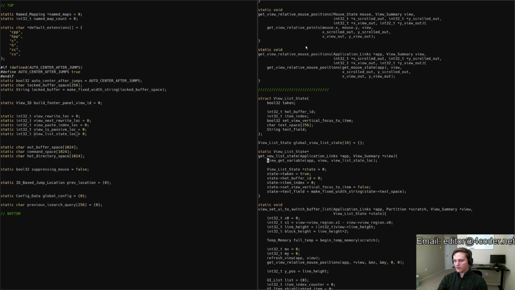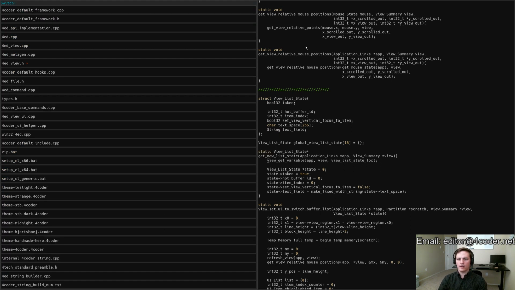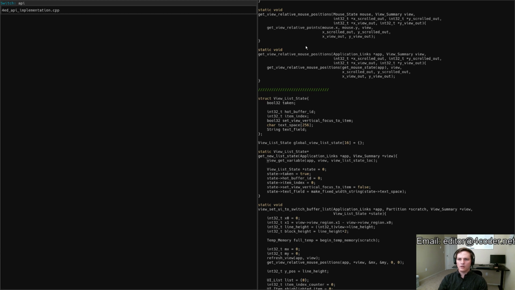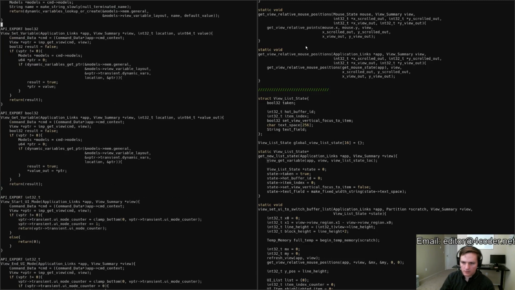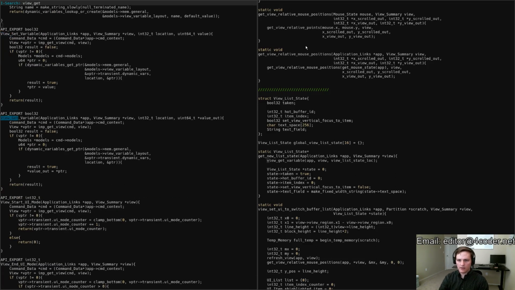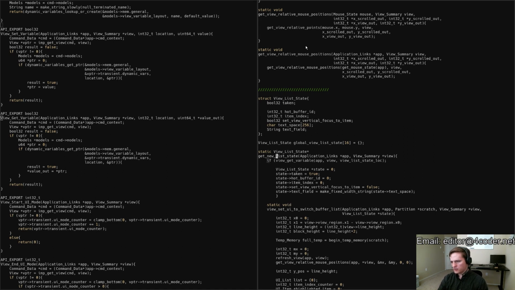Yeah, get variable. Let me take a quick look at it. That's not in the docs yet, so I have to read it directly. Get list view get variable. There it is. So I pass the location and then the value out goes right there. So if we manage to do, okay, you come up here. If we manage to read this,